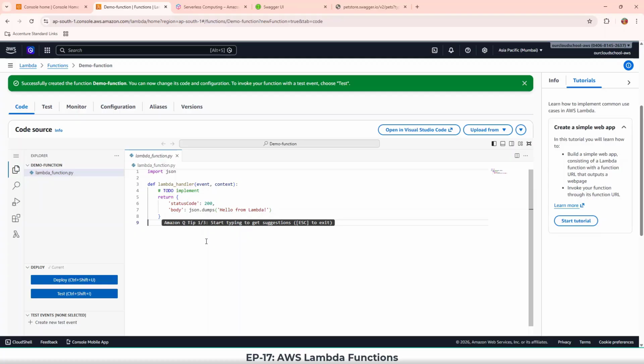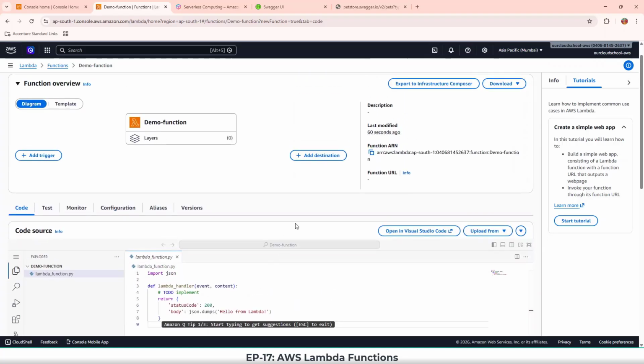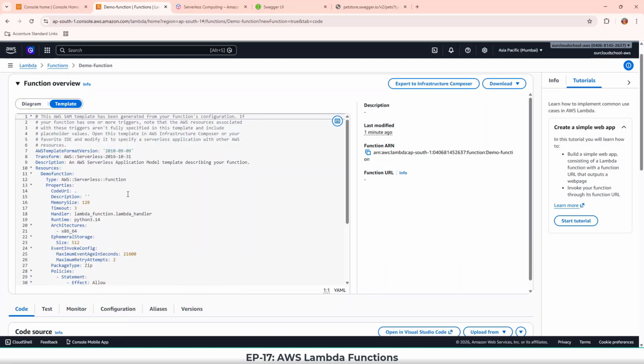There is no parameter or event or any input parameter being used here. This is just a hard-coded response. By default, when you create the Lambda function, the default version is automatically deployed. So this is the Lambda function in a diagram view, or if you look at it in the template view,